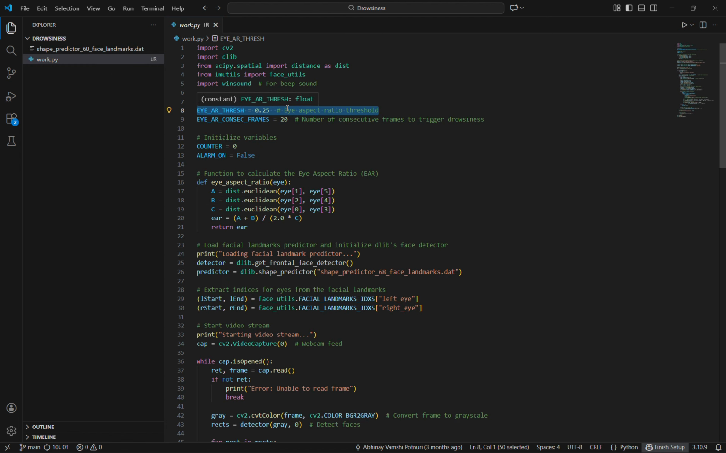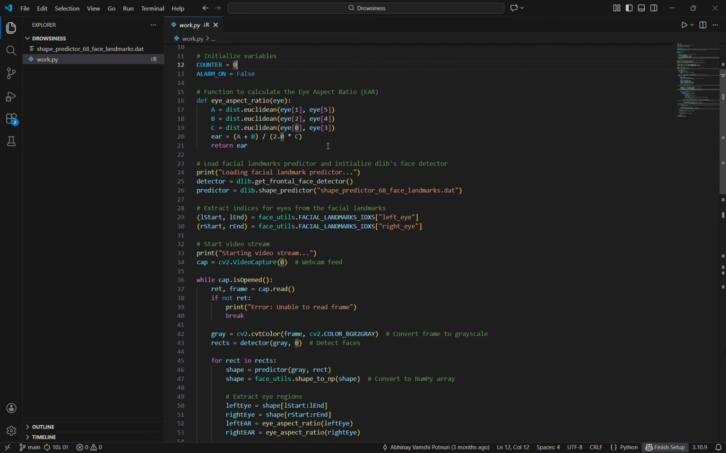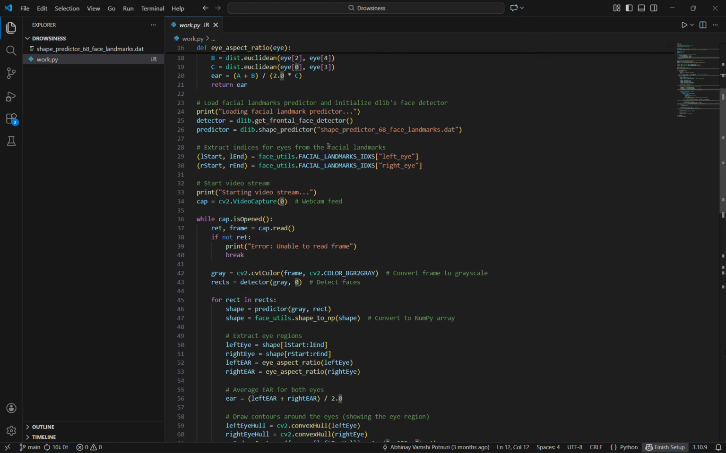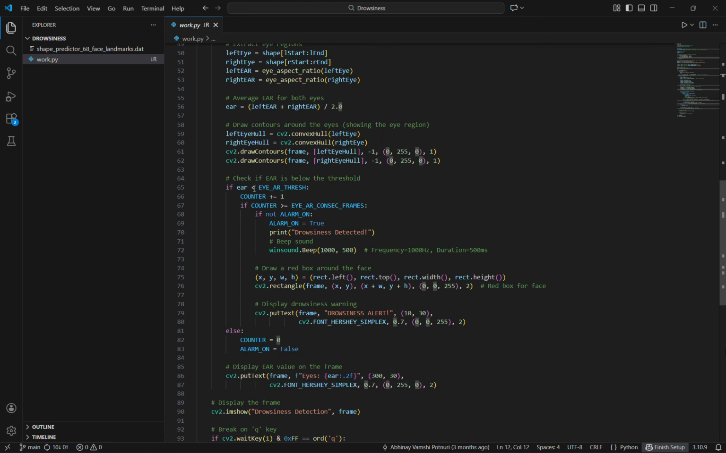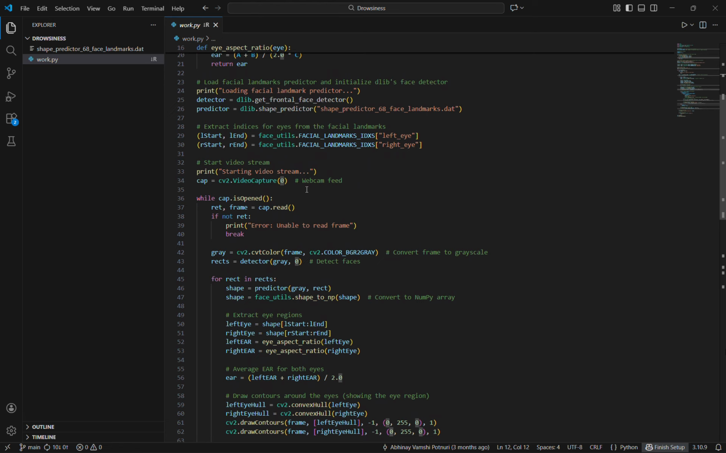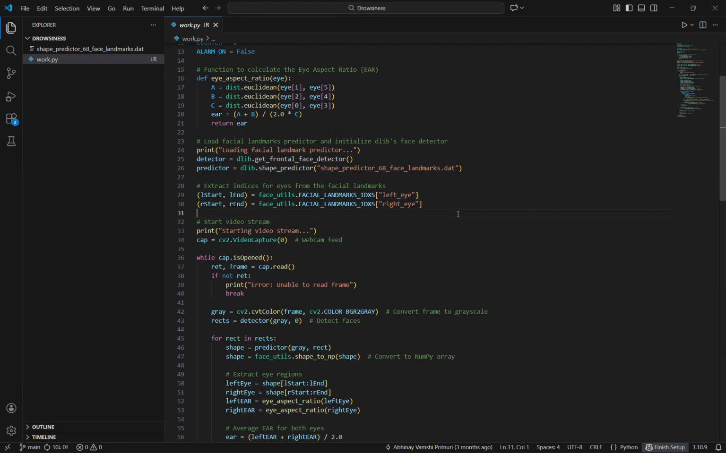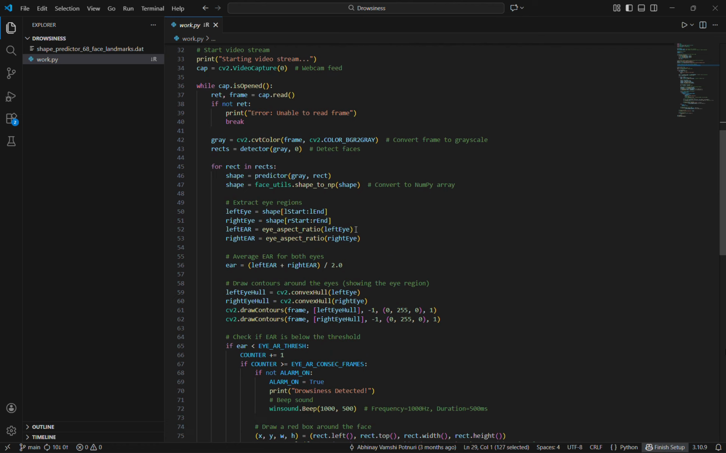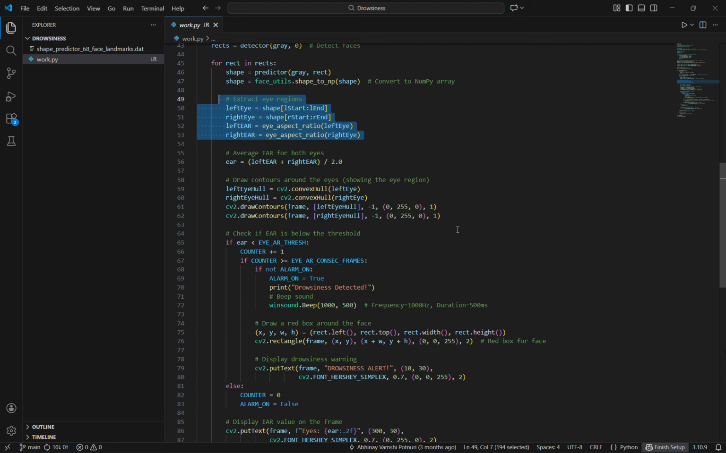This is a threshold that we are setting up, 0.25, which means if your eye ratio is below 0.25, it will give you a beep sound and drowsiness alert, and that's 20 frames over there. It's a very simple line of code. It just works on if-else statements. If the eye ratio is below 0.25 and it stays that way for 20 frames, give the beep sound. We are fetching the eye points directly from the face predictor 68, and then we are calculating the eye ratio